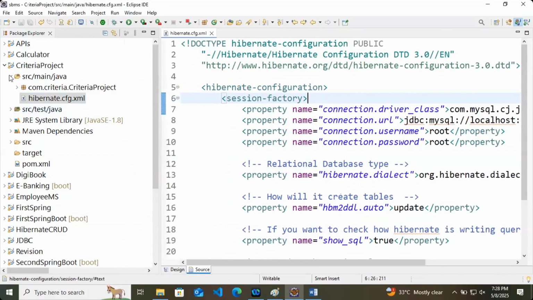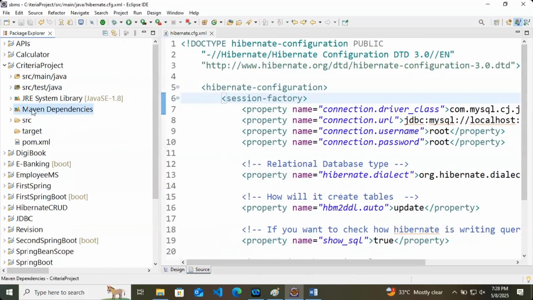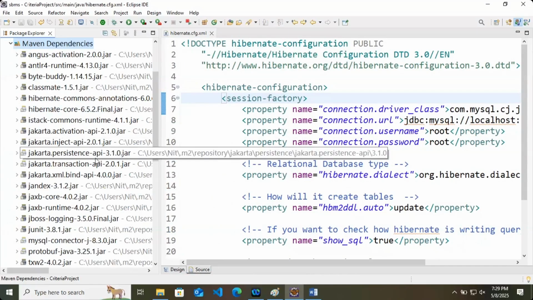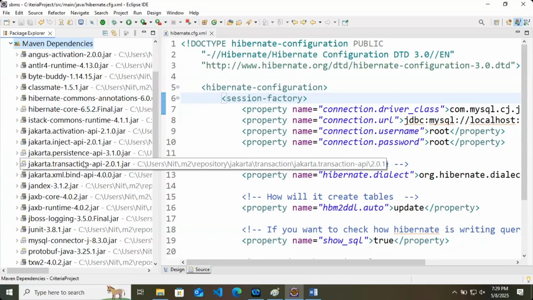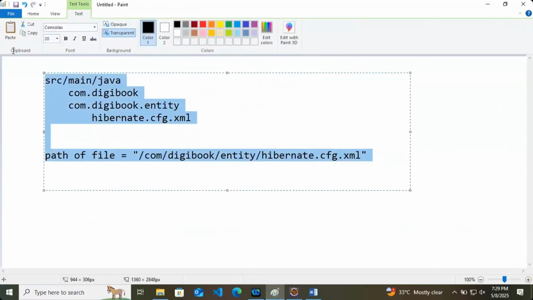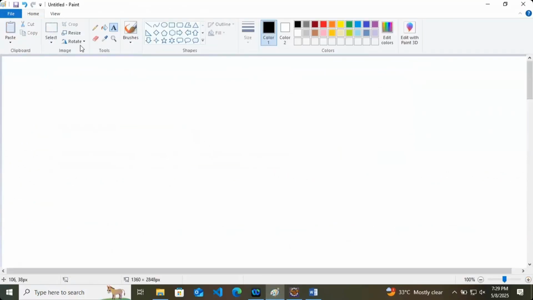You have to go to your Maven dependencies folder in which you will get all the jar files. Now these jar files are nothing special. Let me tell you what these jar files are. I hope you have worked with packages, where in core Java you might have seen rt.jar. Worked? rt.jar, runtime.jar. It's in the core Java topic.